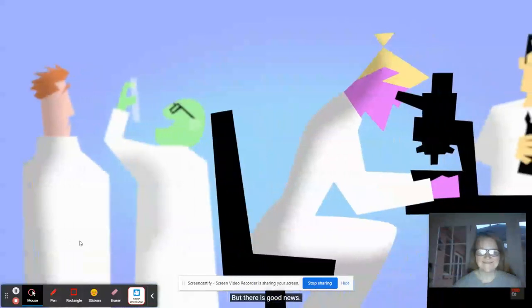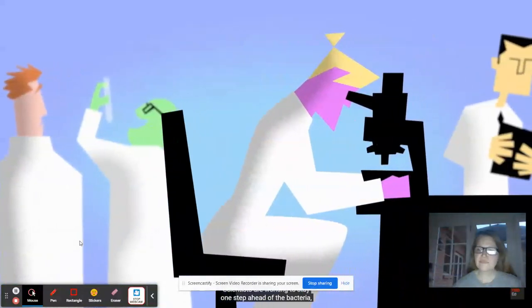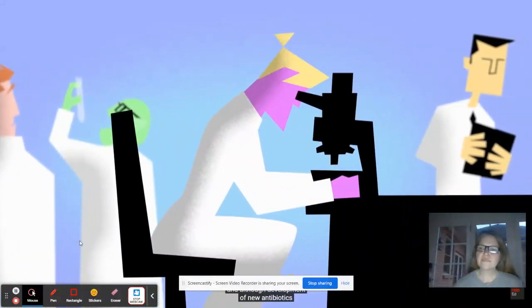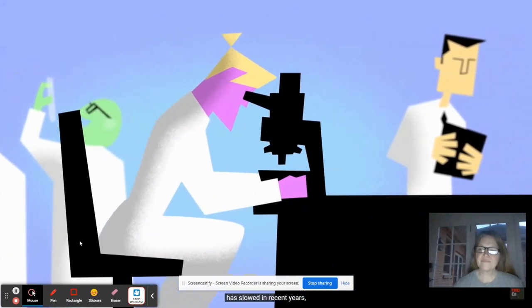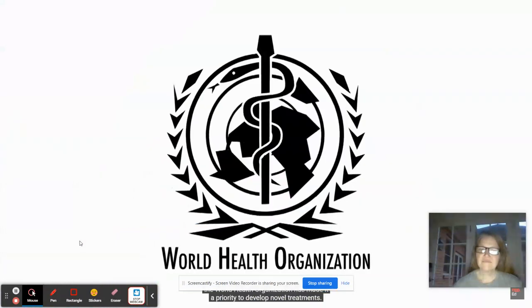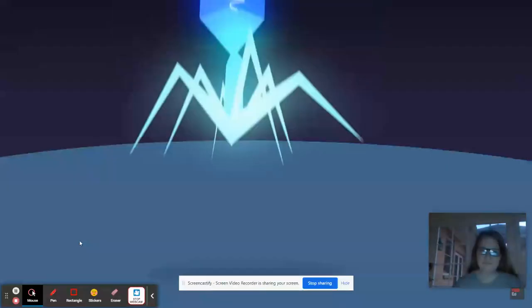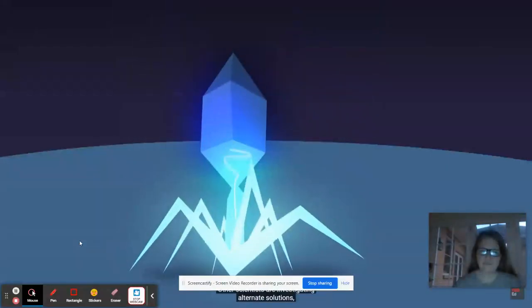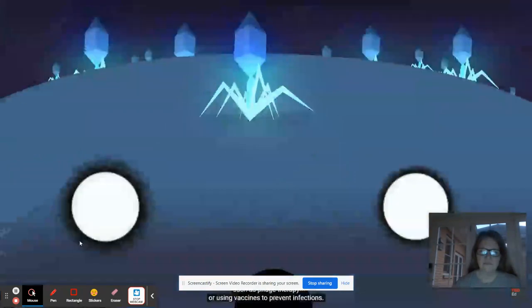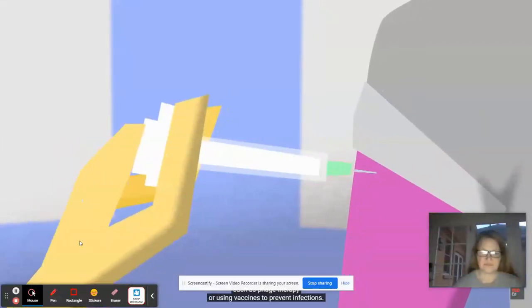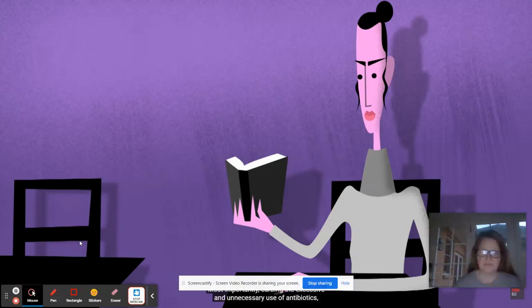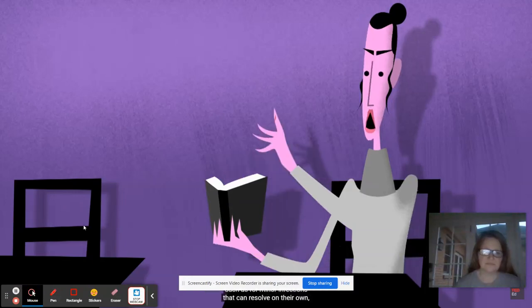But there is good news. Scientists are working to stay one step ahead of the bacteria. And although development of new antibiotics has slowed in recent years, the World Health Organization has made it a priority to develop novel treatments. Other scientists are investigating alternate solutions, such as phage therapy or using vaccines to prevent infections. Most importantly, curbing the excessive and unnecessary use of antibiotics, such as for minor infections that can resolve on their